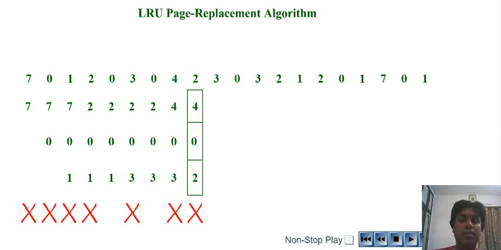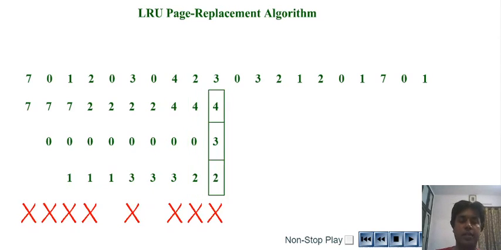Done. After this we want to swap in, there is a demand for page 3 in my memory, but again we are going to look for 4, 0, 2, one of them. Now as we have seen, 2 is the one which was recently used. Before 2 it was 4, and before 4 it was 0. So I'm going to replace 0 with 3. We are done with this.